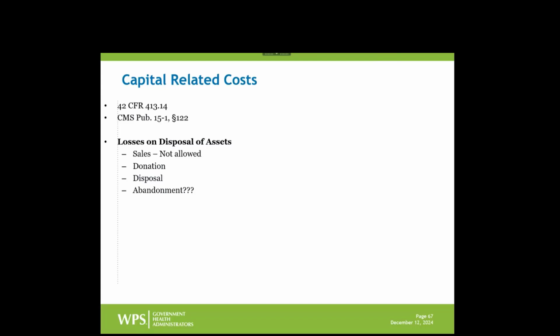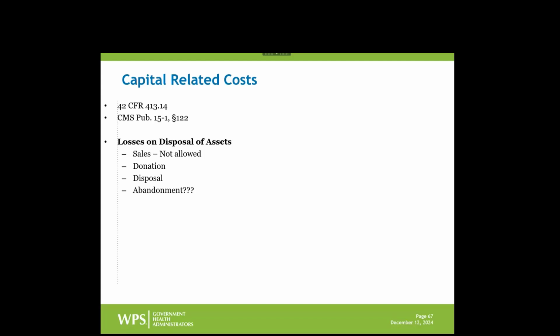There's no use doing more tests and spreading it out. It still has to be allowable. It can't be a sale or donation, but the amount's just going to be allowed there. We're done with it. If it is more than $5,000, so it's material, we need to look at it further. And if it is more than 80% depreciated, then we're basically saying it's material, but it's still a fairly small amount. Most of the asset's been handled properly. We're down to the last little bit of its life.